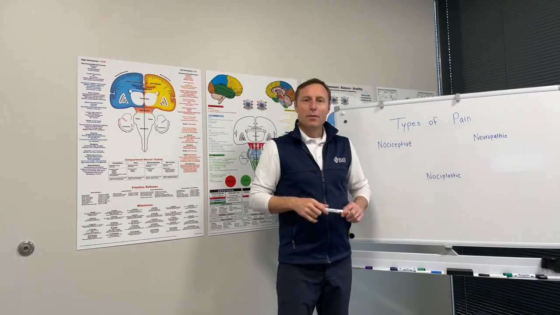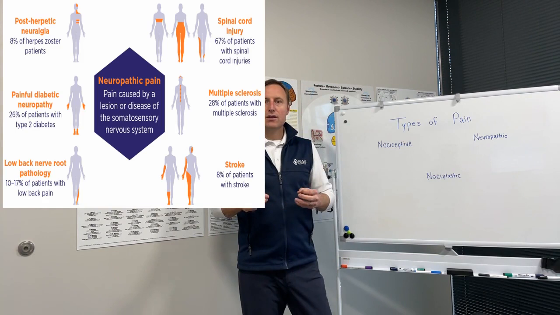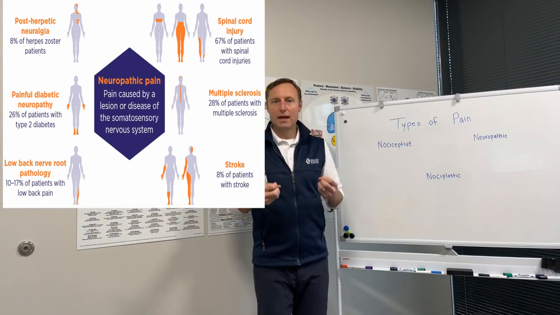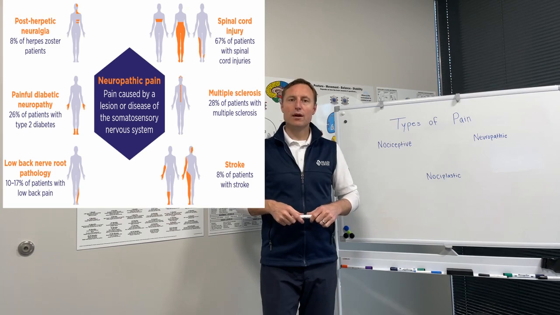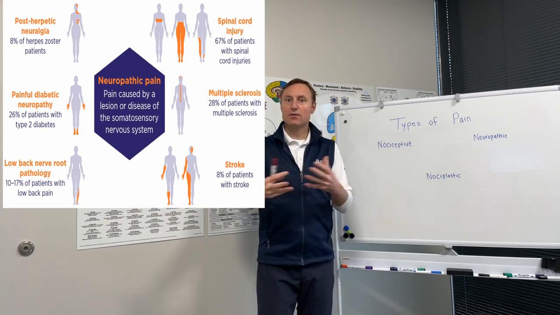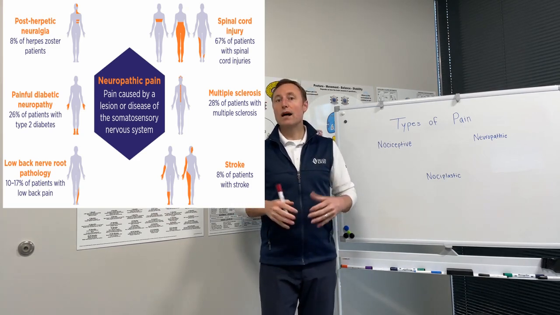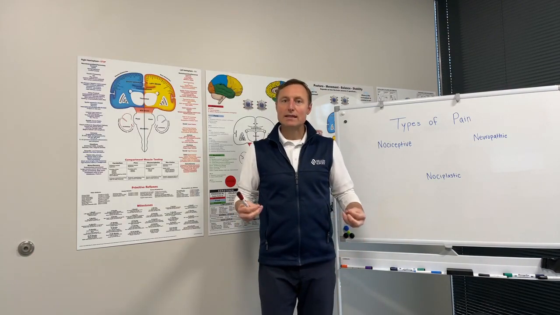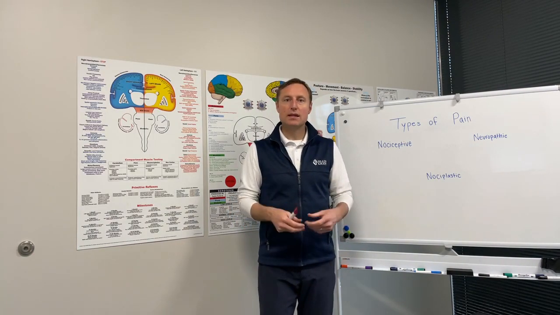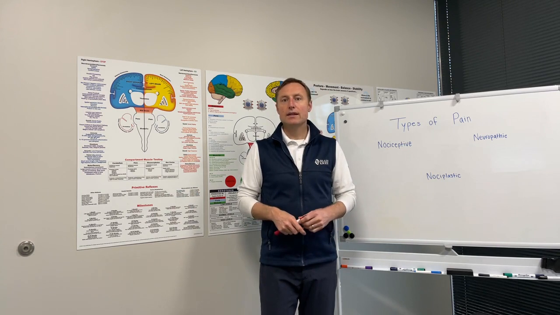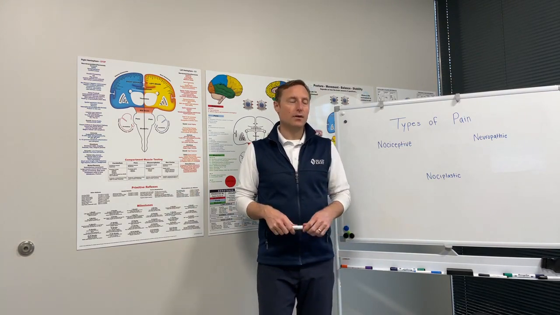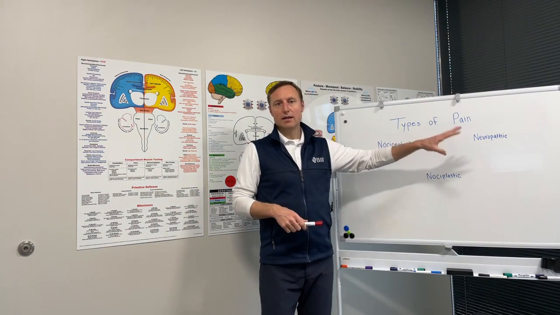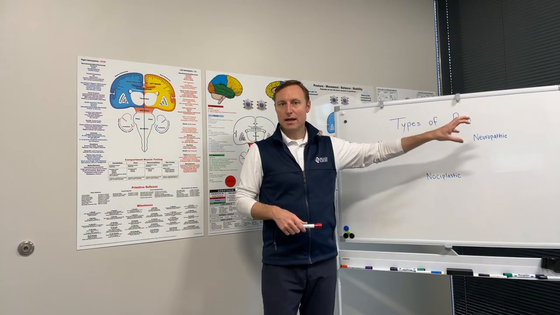Then we have neuropathic pain. That's neuropathy. That's nerve pain. Those are your nerve injuries. It's really common for diabetics to have diabetic neuropathy, or there's other kinds of neuropathies where there's tingling, maybe numbness or burning pain that you can feel in your extremities or in your body. Okay, that's neuropathic pain, nerve injury kind of pain.